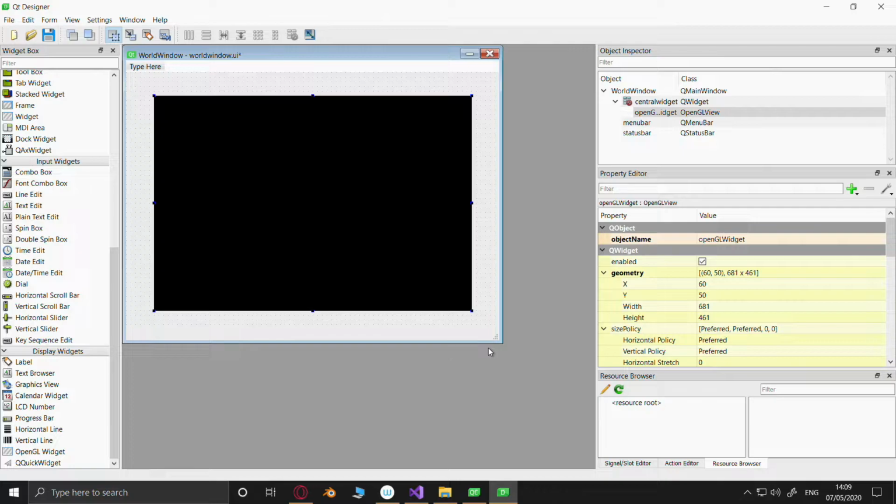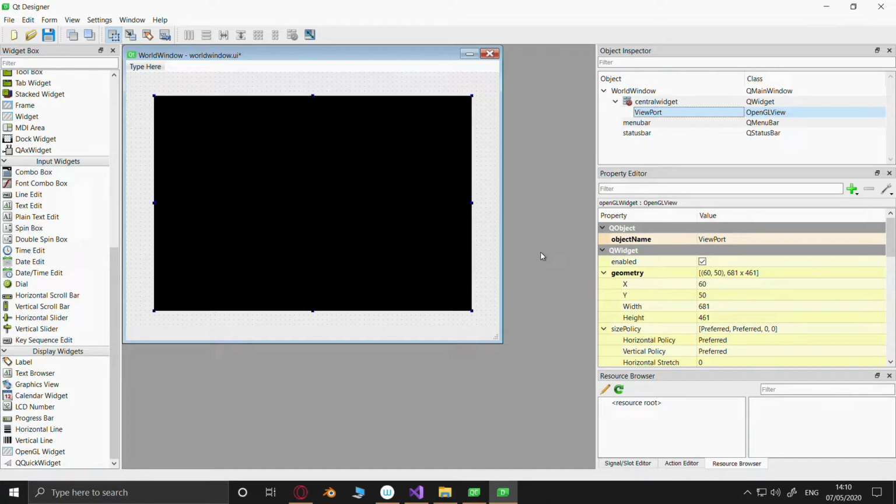I'll call it viewport, because I can. Makes things very interesting.